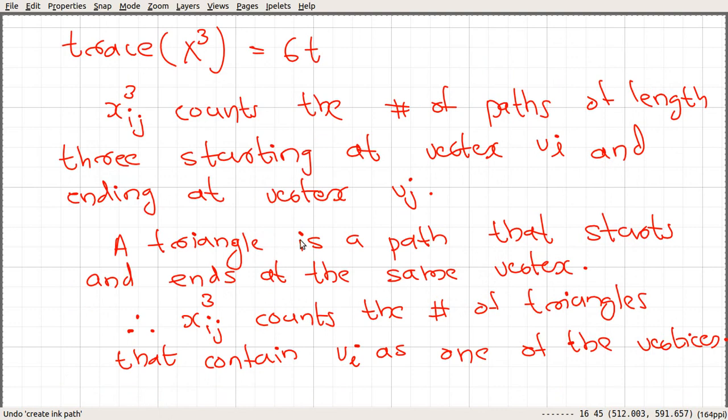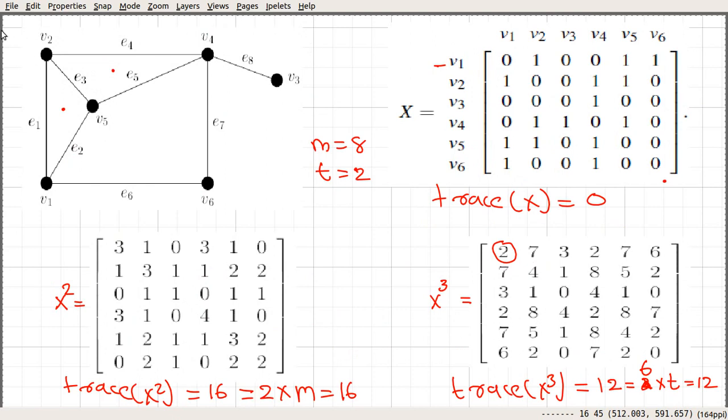So that's what I said here. Xij3 counts the number of triangles that contain Vi as one of the vertices. But here, when we consider x113, in that case we considered this and the other one. So we have this clockwise and counterclockwise kind of thing. And also we can see that if you consider this cycle v1, v2,